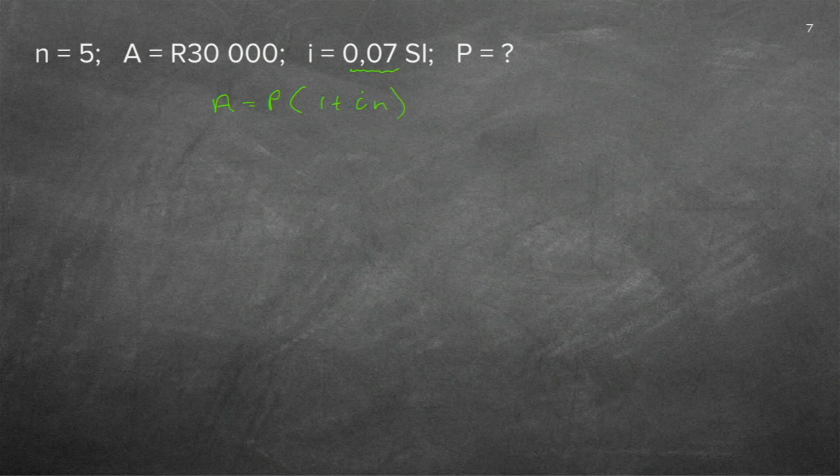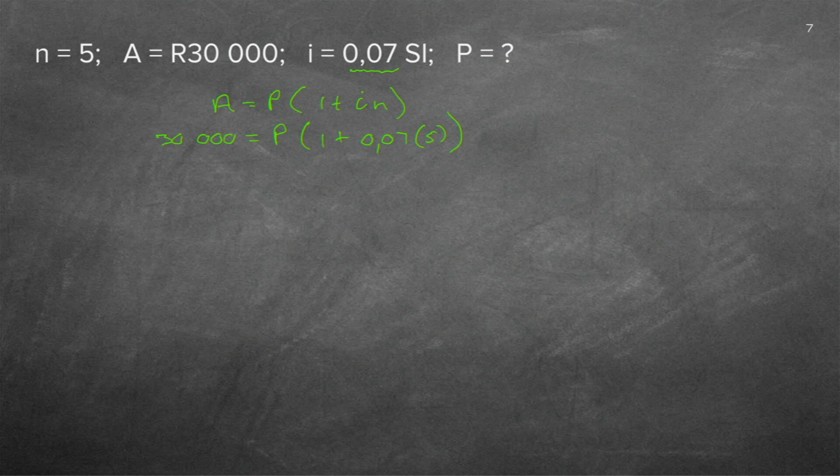And now I'm going to start substituting. I have my A, 30,000. And because the A is all alone on its own, I do not need a bracket. We always used brackets because there was stuff in front or at the back of the bracket, so we needed to multiply. But because it's all alone, I don't need one. There, it's 1 plus. My interest is 0.07. And now I'm just going to put the N in a bracket. Again, the reason for that, the bracket for the 5 already tells me I must multiply with the 0.07. You can put the 0.07 also in a bracket. But you see, as we go along, we choose the easier, quickest way.